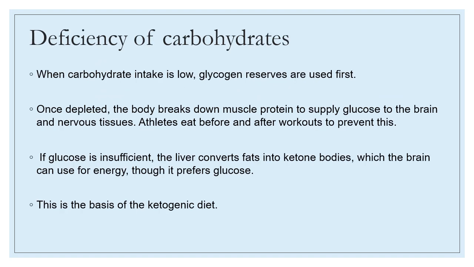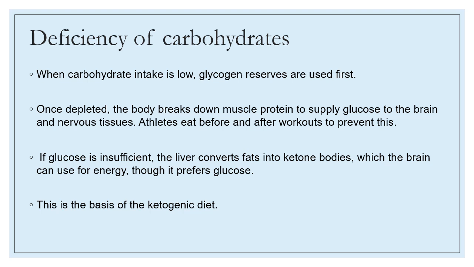So what happens when we don't get enough carbohydrates, which is deficiency? When carbohydrate intake is low, glycogen reserves are low. Glucose levels are low, and the glycogen reserves stored in our liver and muscles are the first to be tapped into by our body, converting glycogen back into glucose in a way our cells can use. Once we deplete this glycogen, the next step is to break down protein to supply glucose to our brain